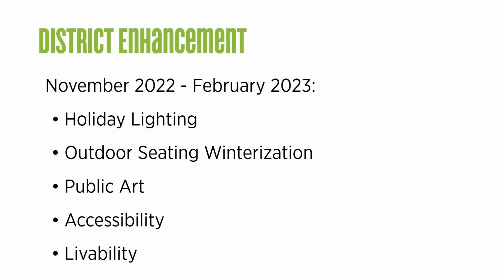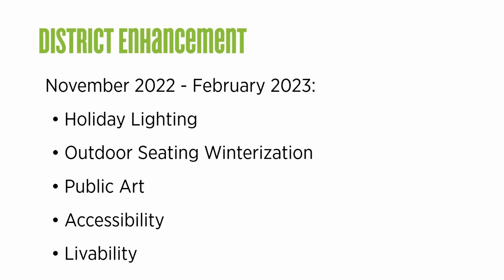Okay, the next type of grant available is district enhancement. So again, these are the $6,000 grants, and they follow the same timeline as the events and marketing grants. So these are for projects happening during the months of November through the end of February. And this is more for physical infrastructure and improving the customer experience in the district. So a lot of districts will do holiday lighting, investing in the lights themselves, and then hiring the contractor to put the lights up is quite a large investment. So this is a good grant to cover that.